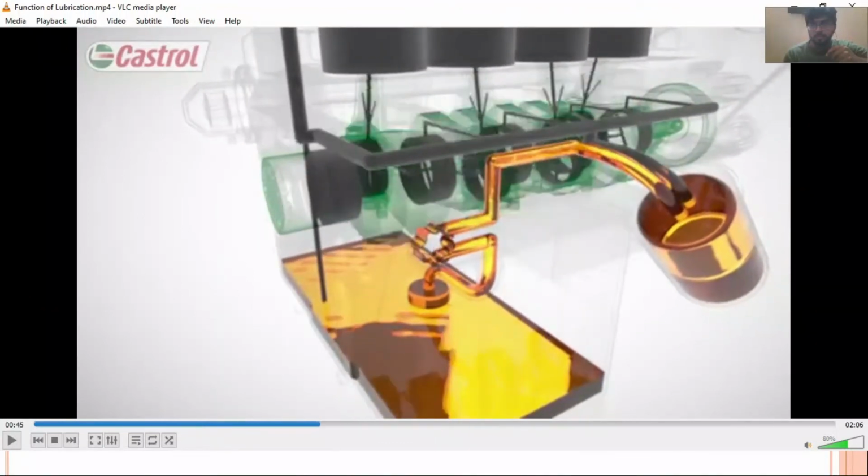Okay, it is showing that this oil pump, before sending this lubrication oil to the engine, passes it through the oil filter, where this oil filter removes the particles, some metallic particles maybe, or some dust or grit particles. It might have some soot particles as well. It will remove those particles, and then that lubrication oil will go to the engine for the lubrication.